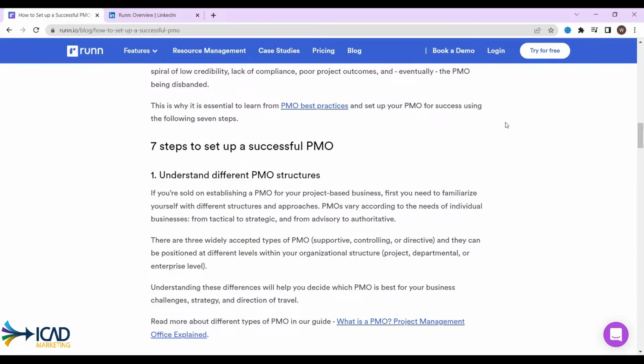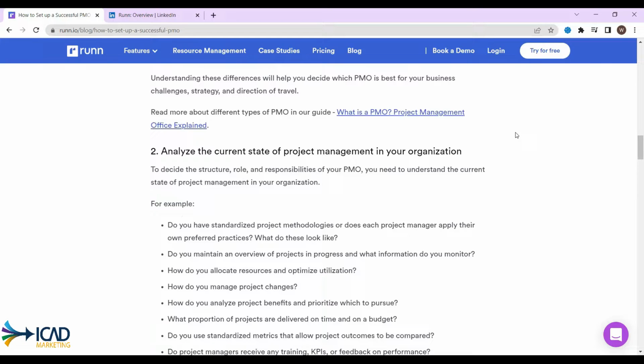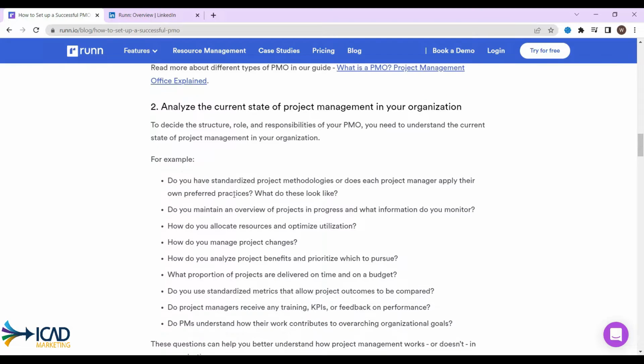Is it the type of information I can easily find on a Google search, or does the brand actually go in depth to really show their expertise, that they actually know what they're talking about, they've actually executed on this before, and it's not just some random content writers that they hired to do a Google search and research some things and throw together an article, but actually show their subject matter expertise in this specific area.